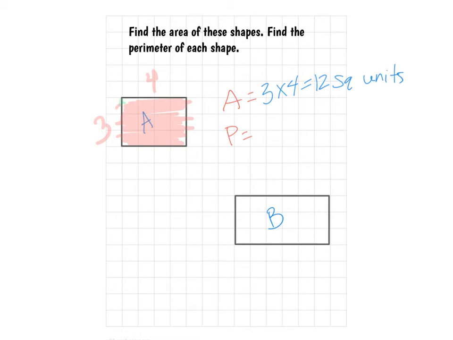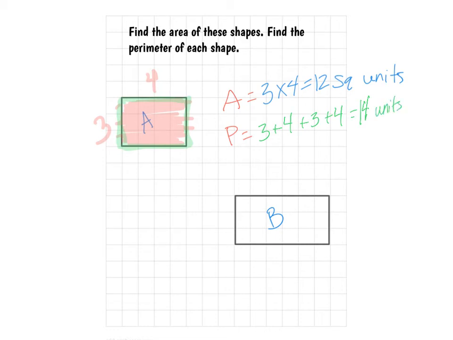And so when I find my perimeter, I want to figure out the distance all the way around the shape. So to find my perimeter, I'm going to add. So I have side length of 3 plus a side length of 4 plus a side length of 3 plus a side length of 4. This will give me my perimeter. So I know that 3 plus 3 equals 6, 6 plus 4 equals 10, and 10 plus 4 equals 14. So my perimeter is 14